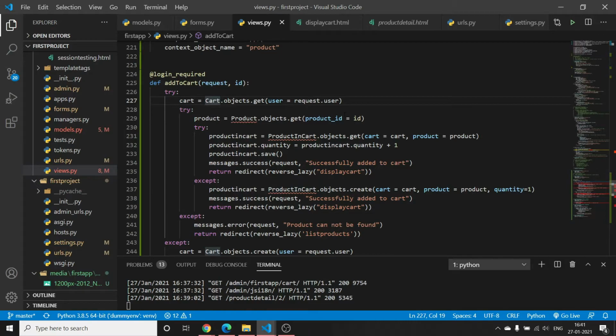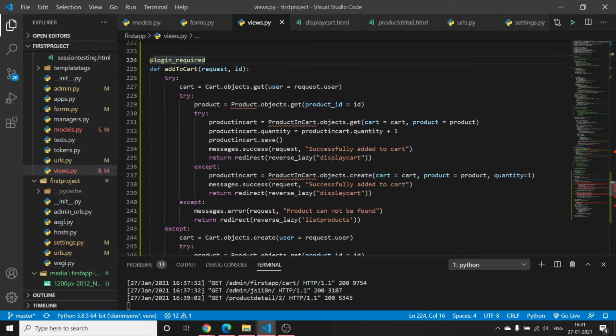If you are using a class based view, you have to use a login required mixin, and if you are using a function based view, you have to use the login required decorator. So this is the difference between class based and function based views for making a view accessible only to a logged in user. We have implemented that here.